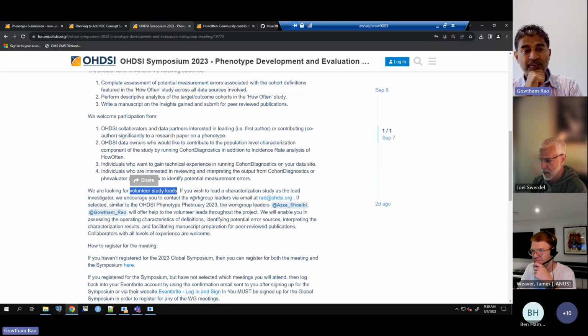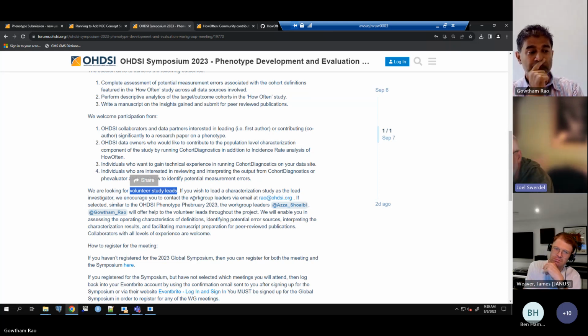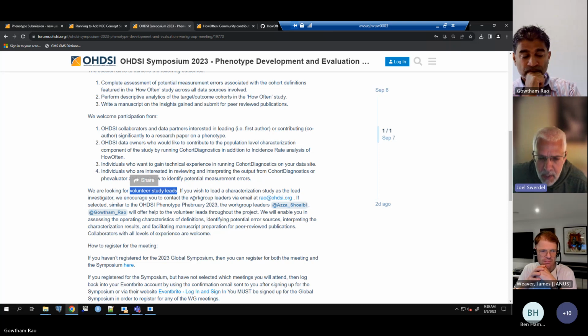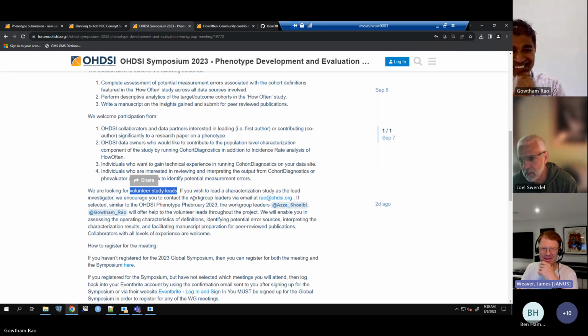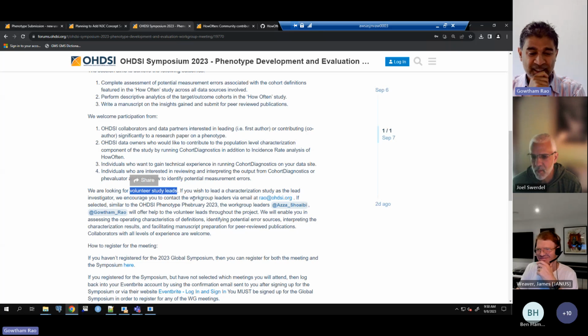I think one of the things Evan and I had talked about is to create a scalable template that could be a guidance to the community, and that can be based on your work, Joel. Yeah, we sort of used it. Jill took the template that I built for SLE and did it for hidradenitis suppurativa. And Jamie, this also builds on your acute pancreatitis workshop from last year. Yes, that I've not written a paper about yet. Hayden, you have your hand raised.